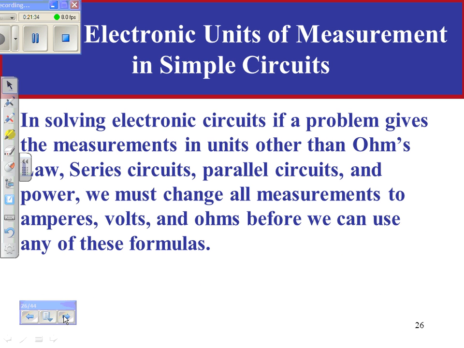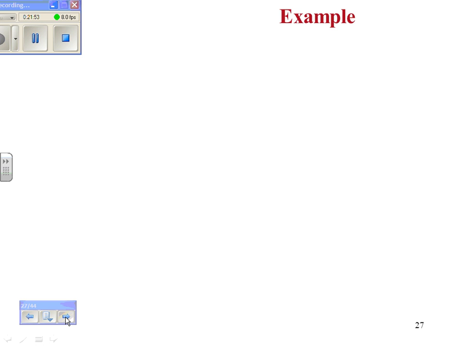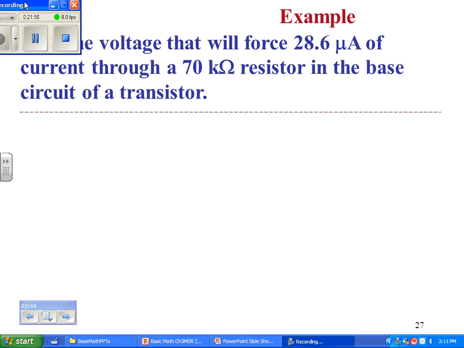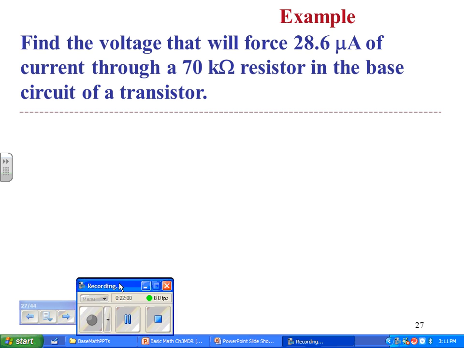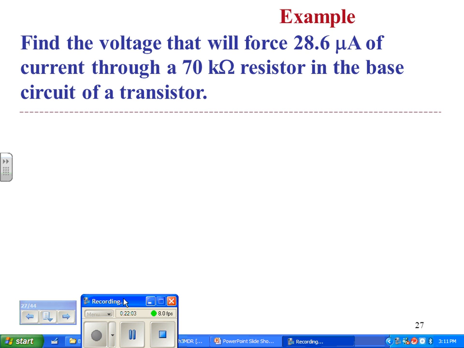Solving electronic circuits. If a problem gives the measurements in units other than those used in Ohm's law, series circuits, parallel circuits, and power, we must change all measurements to amperes, volts, ohms before we can use any of these formulas. Okay, what is this? Find the voltage that will force 28.6 microamps, so that's really 0.0000286, right? Okay, of current through a 70 kilohm, so 70,000 ohm resistor